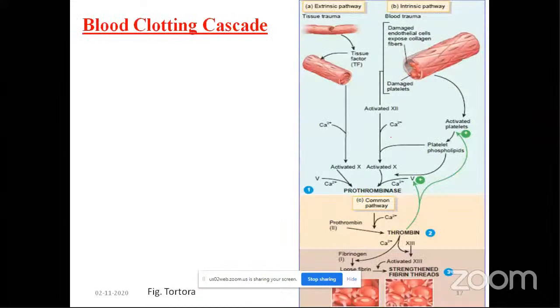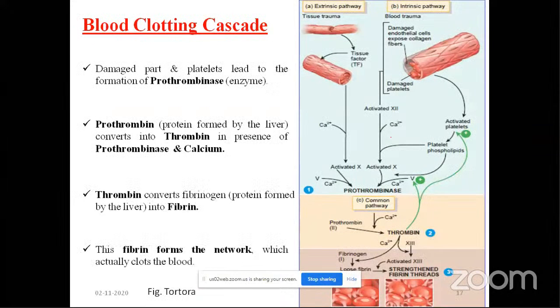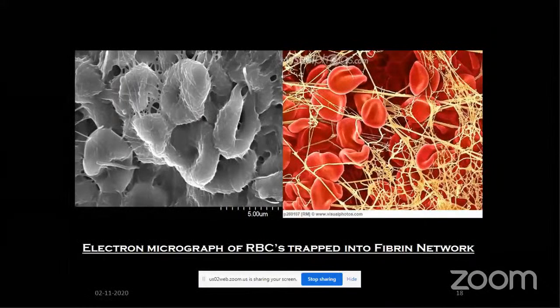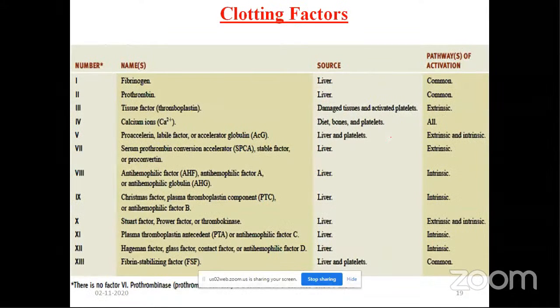Now, before I actually move to the extrinsic and intrinsic pathway, let us discuss the different factors which are involved in the clotting of blood. As I told you, there are many factors, 20 to 30 important factors. But the very important factors are involved in the clotting cascade, which is an amplification cascade. That means a few molecules of one factor become activated. Each molecule then activates, in its turn, and enrolls more molecules of the second factor.